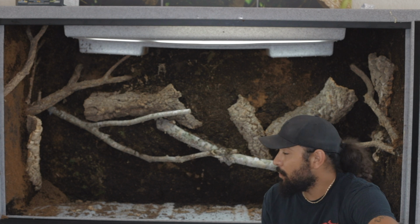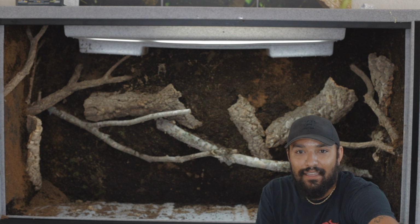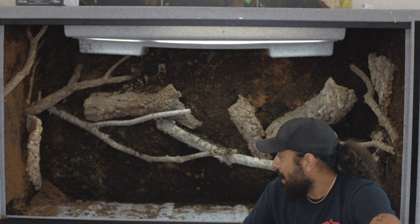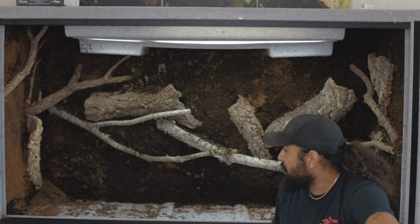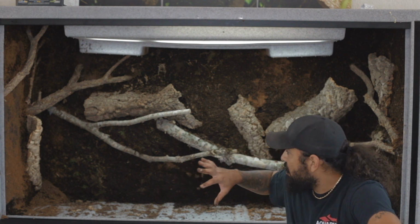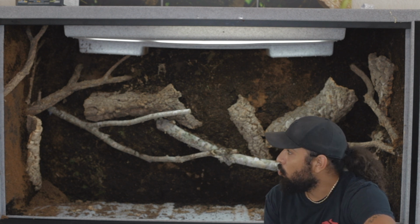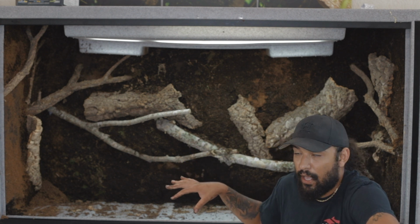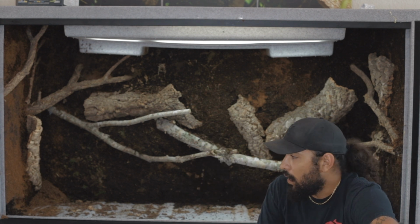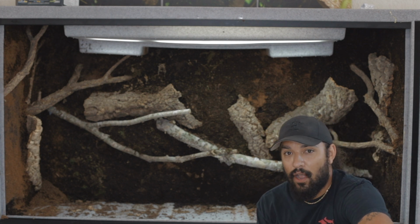and then we get to start planting the plants. All right, you guys, we are back, and I completed the backdrop of the enclosure. Don't mind the clacking feet, that's just my dog. He's basically a horse walking around. But I completed the backdrop of the enclosure. So I think it turned out really well. Was able to mix the substrate together and then just added it to the back using Gorilla Glue, which I highly recommend when you want to add substrate as like a background. It holds really, really well. So now we're going to be moving on to the next phase of this process,